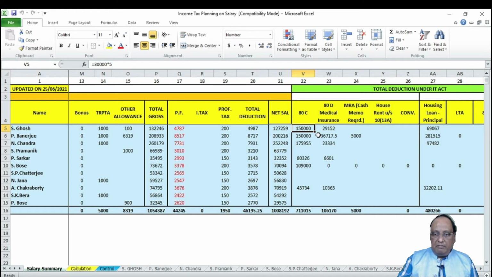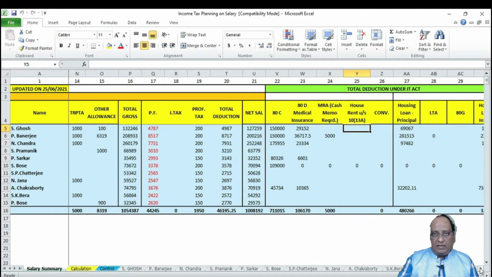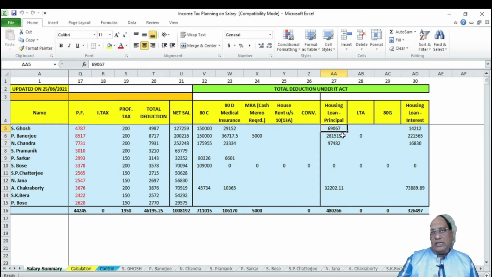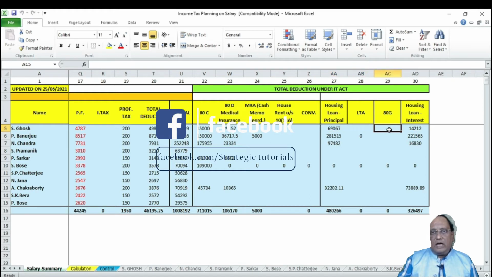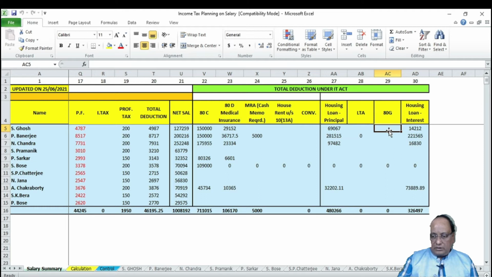Next is 80D, medical insurance scheme, MRA, house rent and other benefits. Next is the housing loan. If an employee has a housing loan, generally that unit or department gives the certificate in December or so. You can take the principal amount and the interest part of the housing loan. So automatically you will get the full pay structure details of employees.